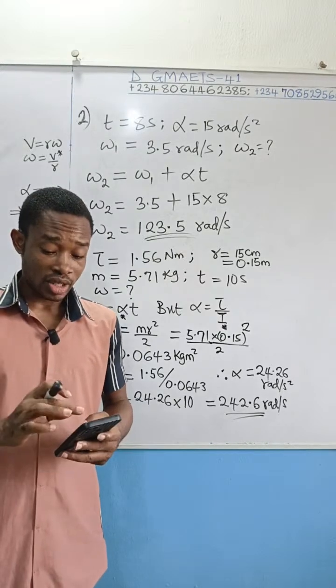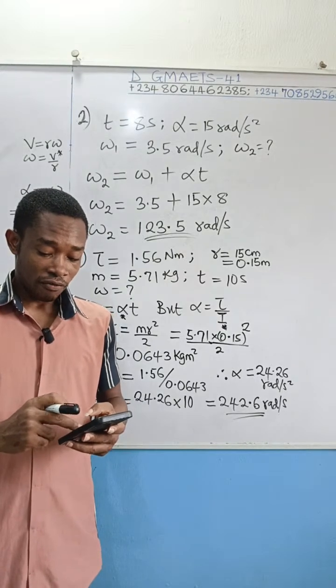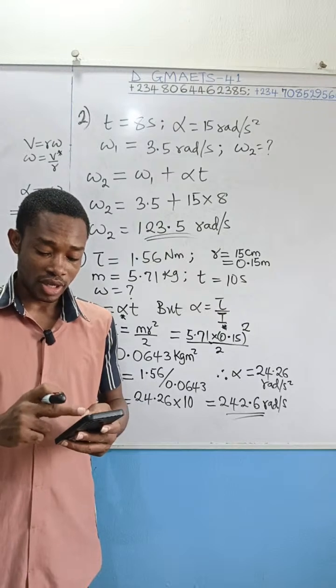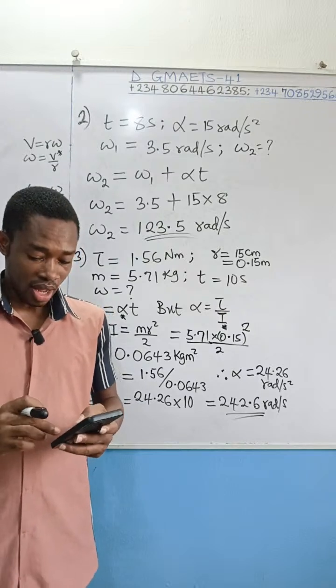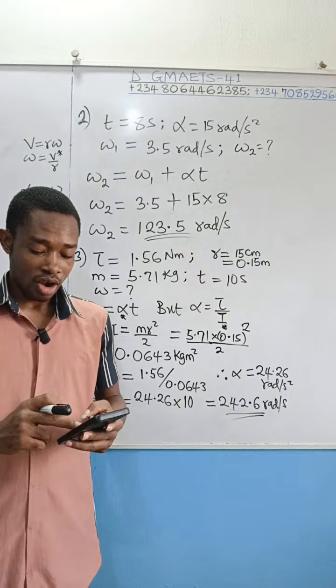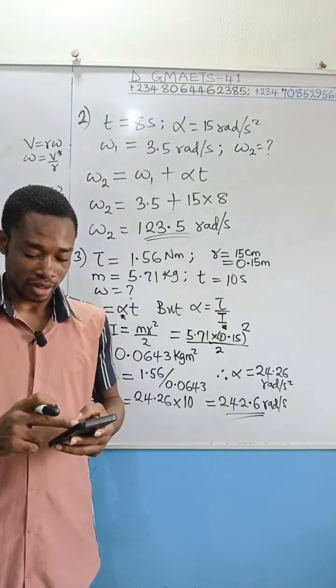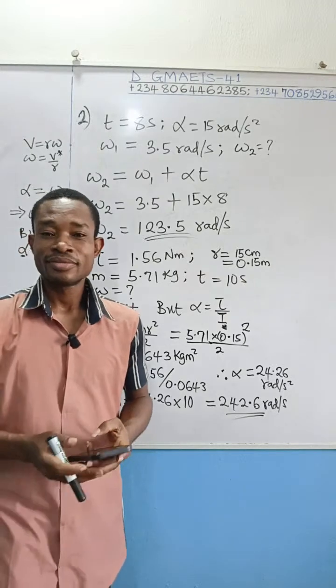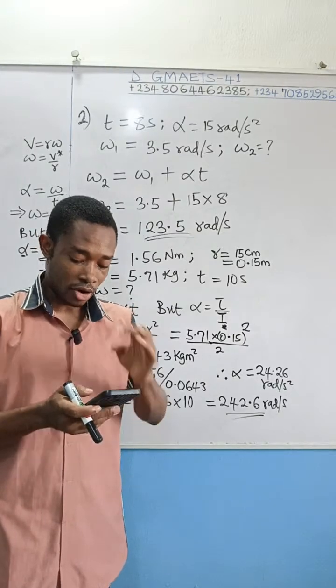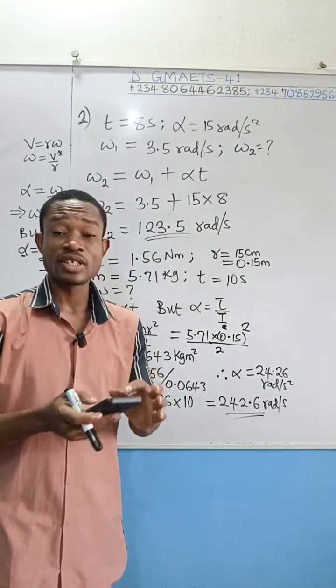Please take note that the moment of inertia for a disk, as I used here, is also the same as the moment of inertia of a given cylinder. You want to take note of that. In our group, I had already dropped the moment of inertia of this solid